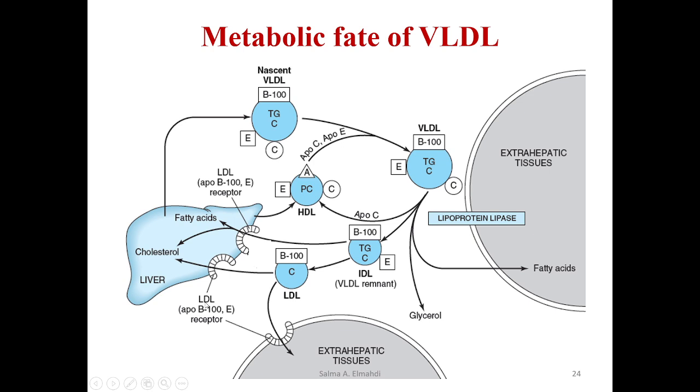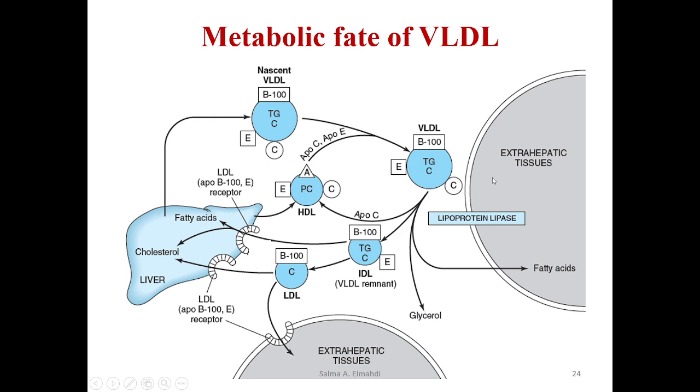And this is to show the metabolic fate of VLDL, which is quite similar to chylomicron. However, the initial site of synthesis of VLDL is the liver. We have nascent or newly formed VLDL. It contains ApoB100 and apolipoprotein E and C, and the core of the VLDL contains triglycerides and cholesterol. It obtains ApoC and ApoE from HDL. Now we have the mature VLDL, which carries